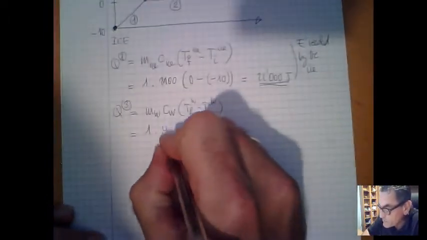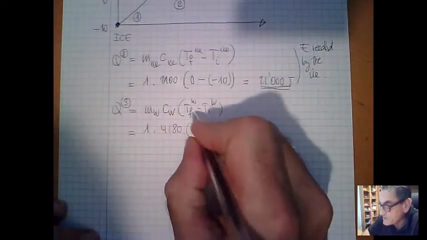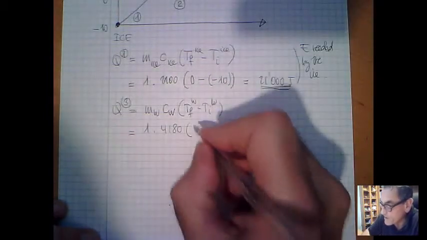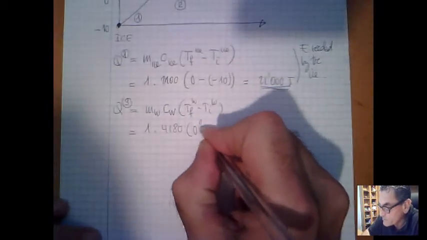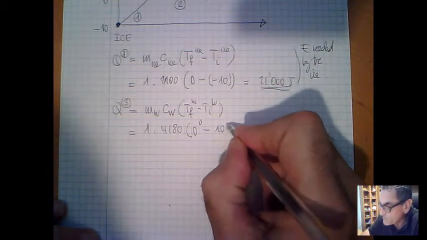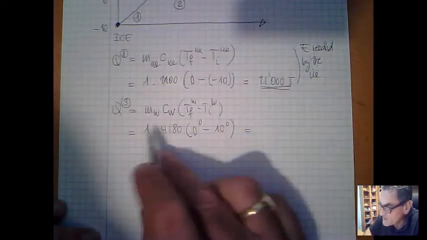Now the C of the water is 4,180. The final temperature of the water, be careful, now we are going down. So the final temperature of the water is 0 degrees and the initial temperature is 10 degrees. So this gives us